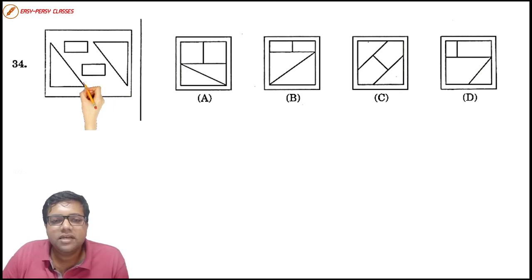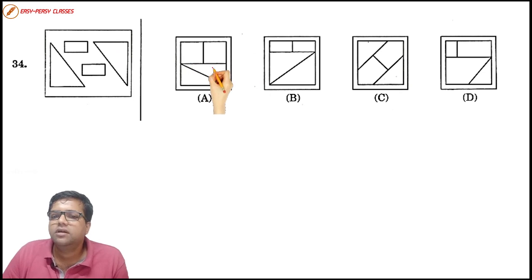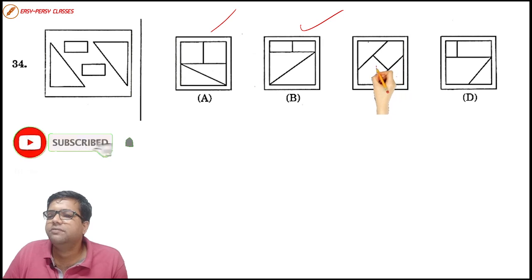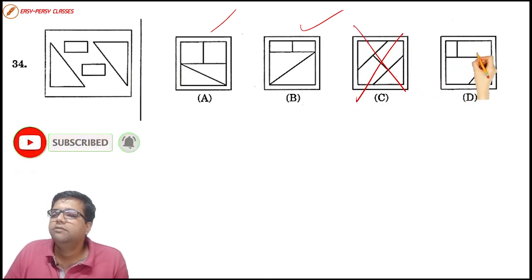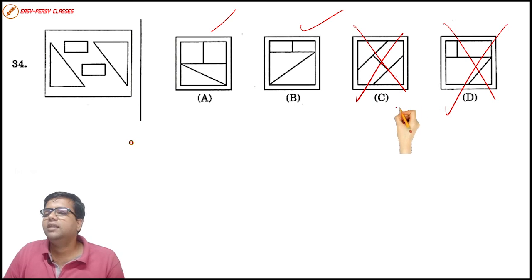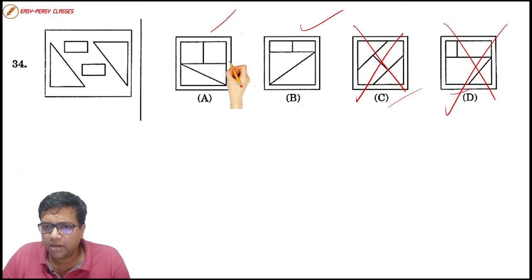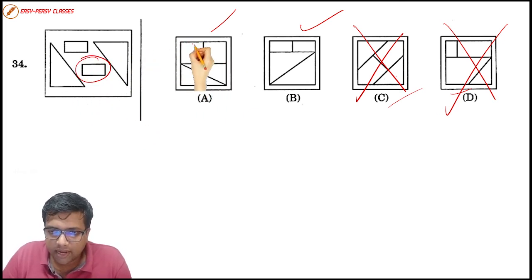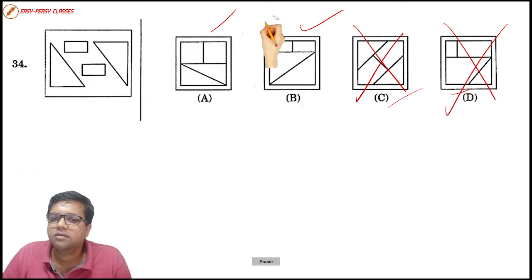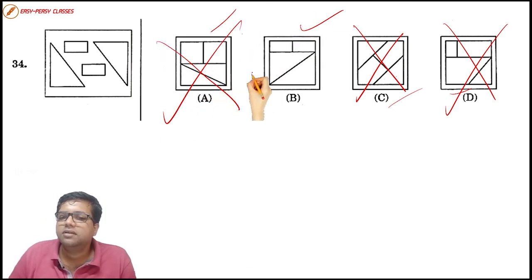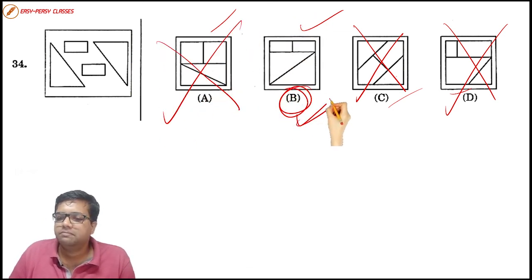Okay, we have question number 34. We have 2 triangles, 2 rectangles. We have option number A with 2 triangles and 2 rectangles. In option B, we have it as well. Where we don't have 2 rectangles, we eliminate it. We don't have 2 triangles over here, so we eliminated options C and D. So we have to closely monitor these 2 options in order to eliminate one among them. If you look at these rectangles and this rectangle, they are not similar, right? So we can eliminate this as well. We are only left with option number B. This is our right answer.